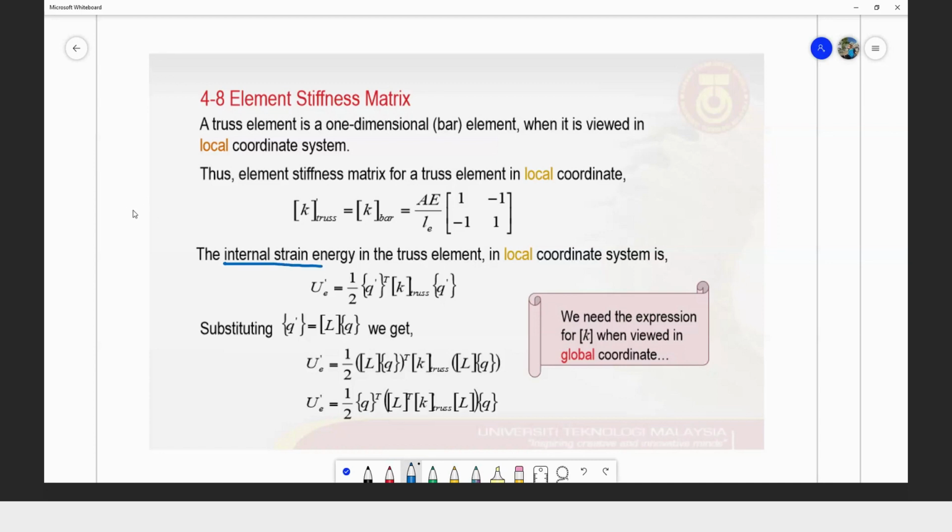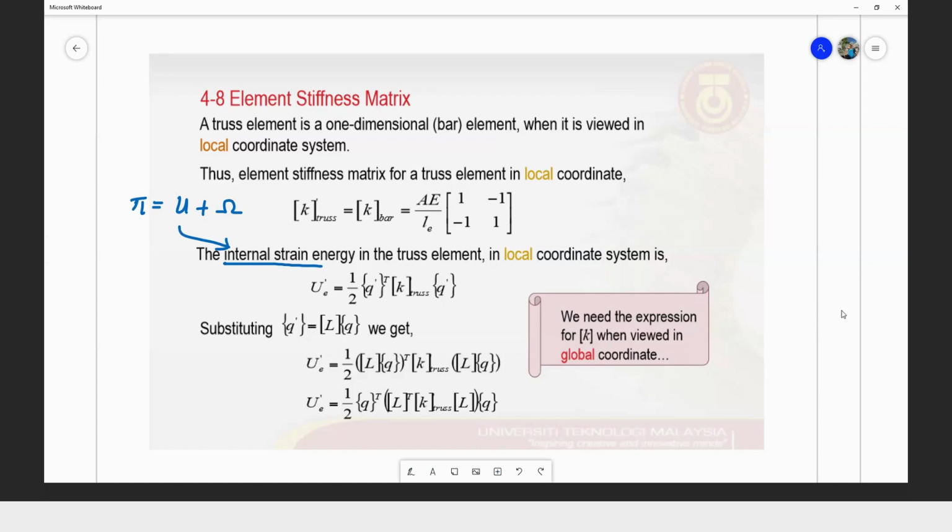If you remember, in the potential approach we have U plus omega. U is the internal strain energy, and omega contains three other terms related to the loading. So similar to the plane trusses, we work with the internal strain energy, and then we work out